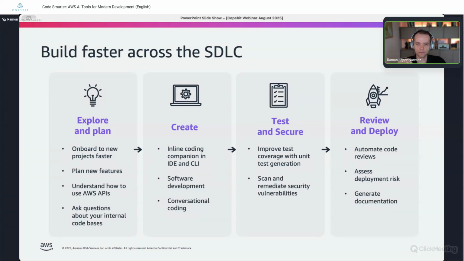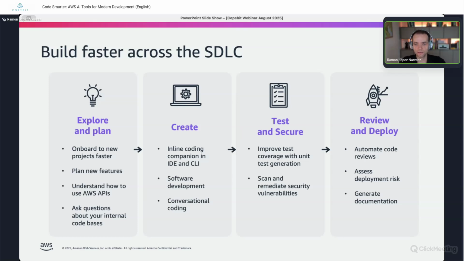Then, of course, nobody probably enjoys writing unit tests and setting up test frameworks and making sure that the tests themselves can run. So Q Developer is heavily used by my customers to write unit tests and to write integration tests as well. And the same with code reviews. What I've seen in the real world is that people will still require, of course, manual code reviews. So at least one or two people will review code, but you have an additional code reviewer in the form of Q Developer. And that's something that is more and more the case.